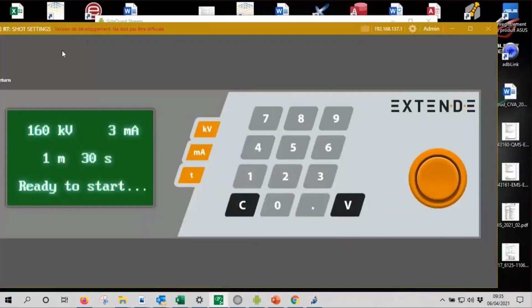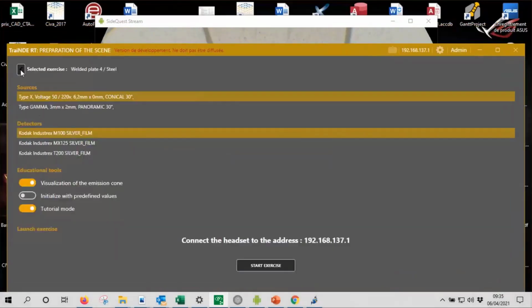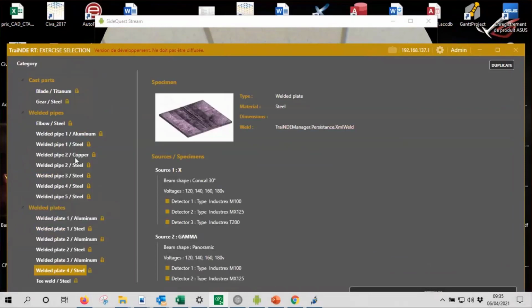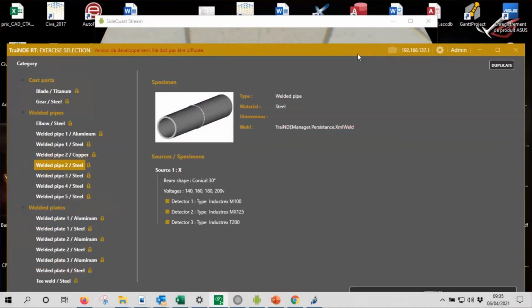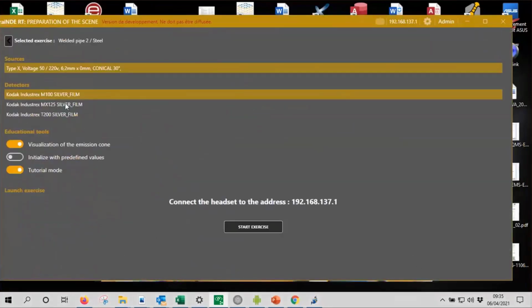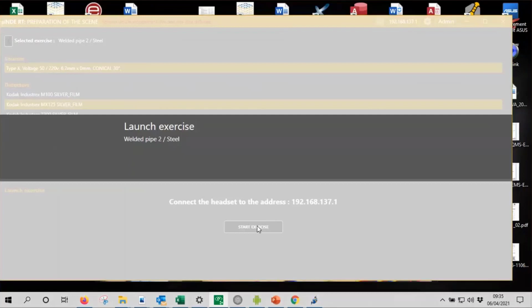Okay, so it was one first example. Then you can go back to the list of the exercises. And for example, I can select a new one, body type 2, go to settings. We can select another type of film. And I launch another exercise. So this one, it's a small pipe, small tube with a base metal of 4.5 millimeter. And if we include the weld, it's 6 millimeter thickness, and the full diameter is 60.3 millimeter.